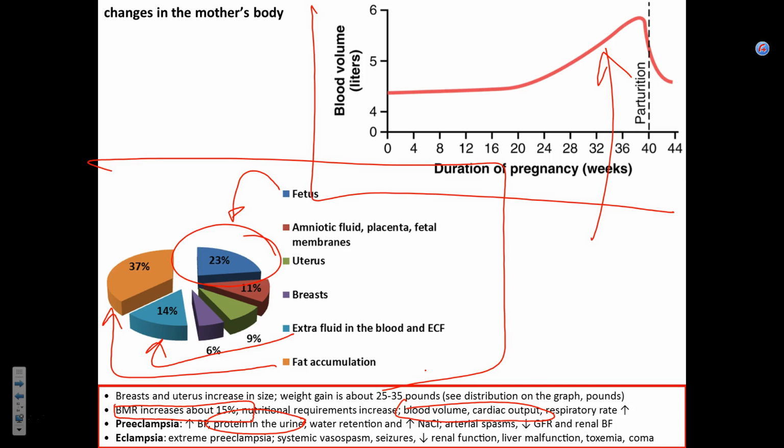urine. Okay, that leads to improper filtration in the glomeruli, which leads to retention of water and retention of sodium chloride. Does that make sense? Now that leads to further spasms, decreased glomerular filtration rate, okay, and decreased glomerular filtration rate leads to accumulation of toxins. Does it make sense? Preeclampsia is,